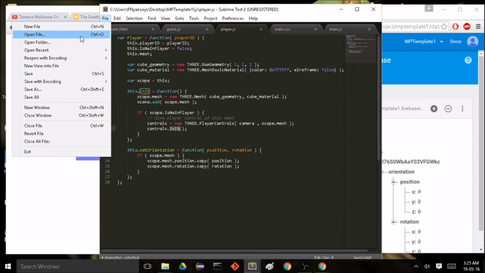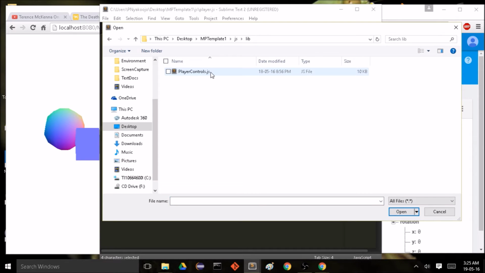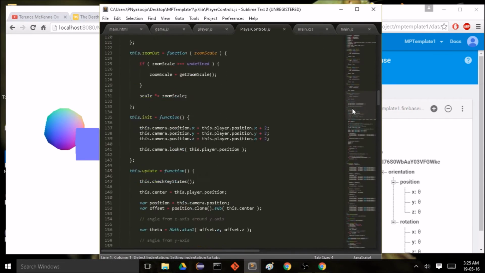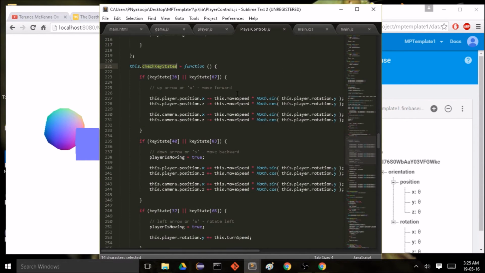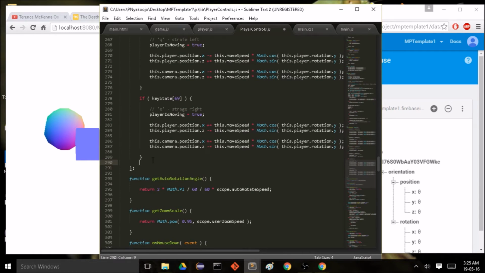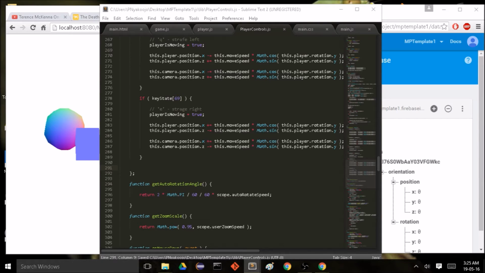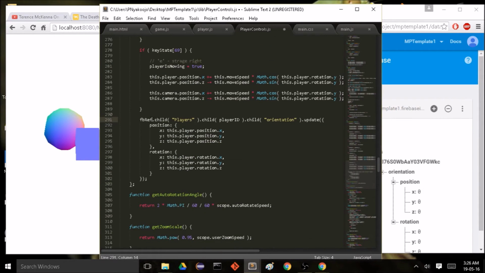In order to do that, let's open up the player controls file in the lib folder. If we scroll down, there should be a function called check key states. This function checks the keys that the user is pressing, and at the end of the function, we're going to update the player's orientation data to our Firebase. So here, taking the Firebase reference, the child players, the player ID, orientation, and we're updating it. We're updating the position to have this information, the X to have this player dot position dot X, and the player's Y position, Z position, and we'll update the rotation as well. If we save this,